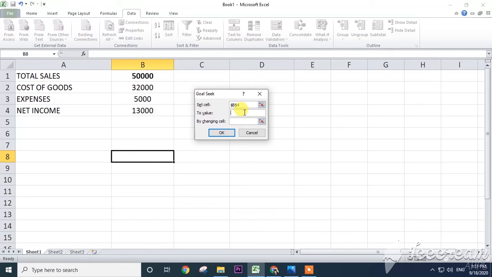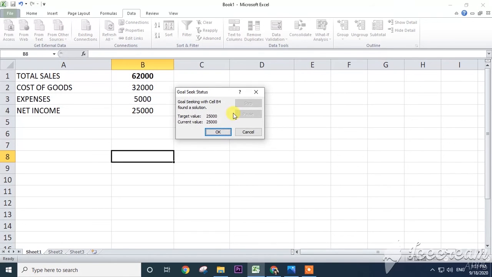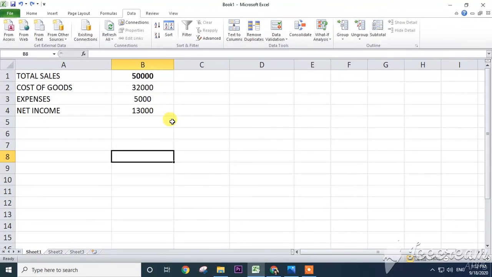Suppose you want 25,000 as monthly net income, then which cell do we need to change? This cell. Total sales, how much should it be increased? Now click on OK. See, if total sales is increased to 62,000, then your net income will become 25,000. In this way we can use the goal seek option.